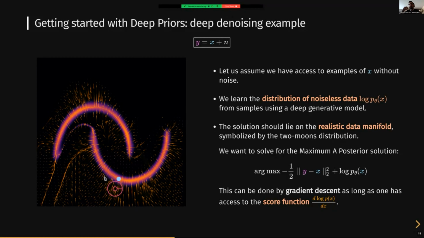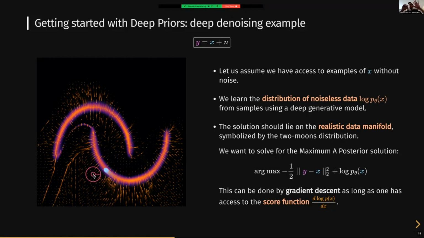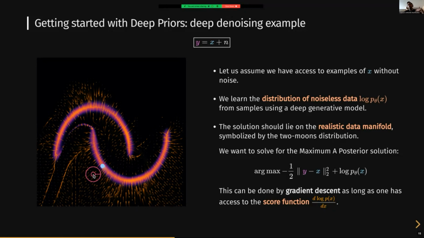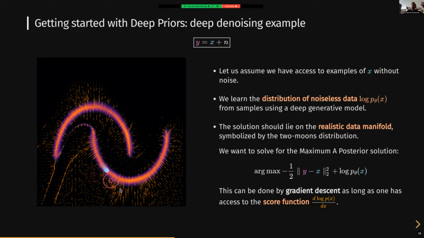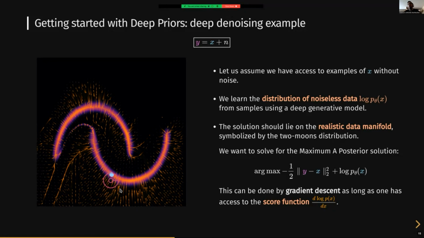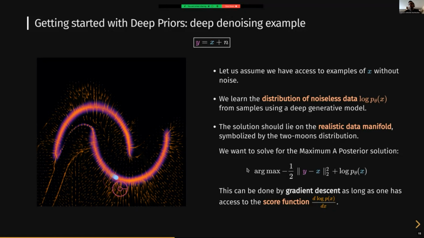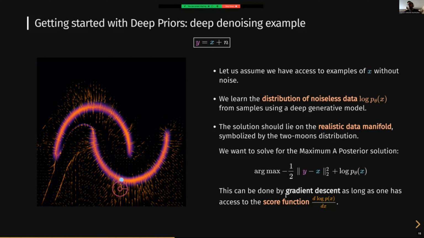And that is essentially the main idea of what I want to tell you about today: by just this example, we've merged the idea of learning with a deep generative model what the data should look like, and using that knowledge to solve an inverse problem. Okay, so that's the general idea of what we want to do. But here it's only done in terms of just one point estimate.